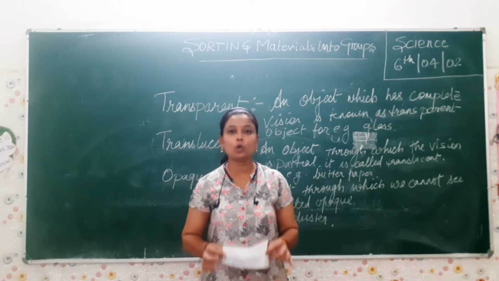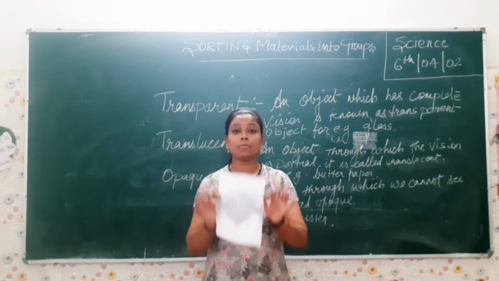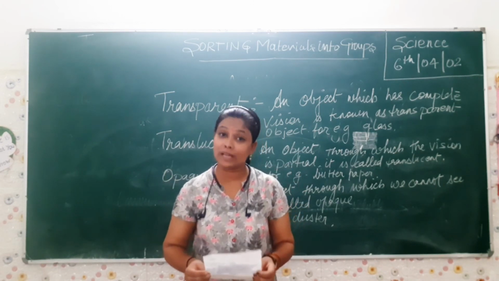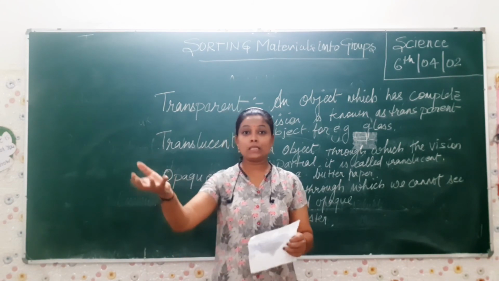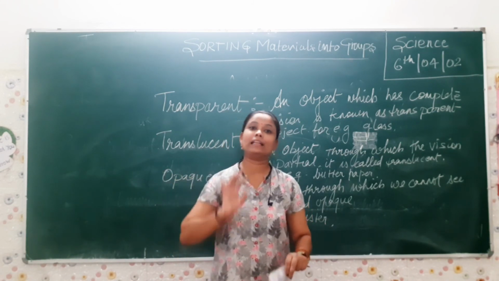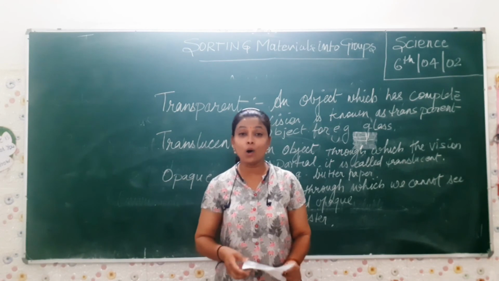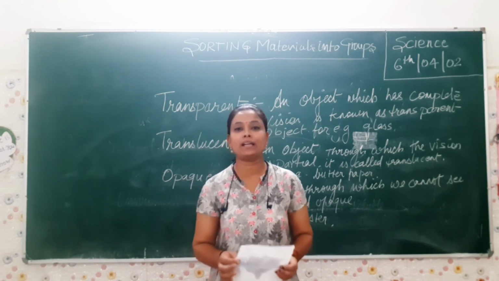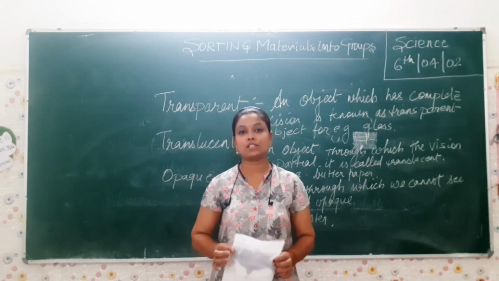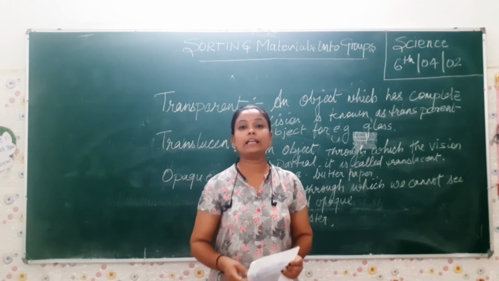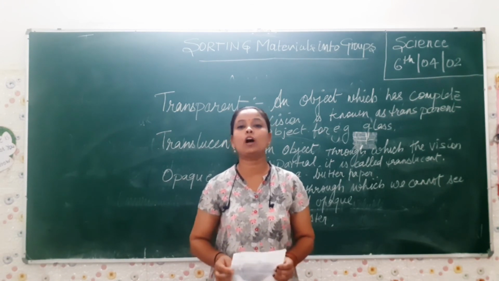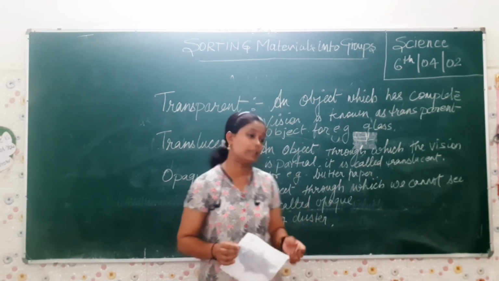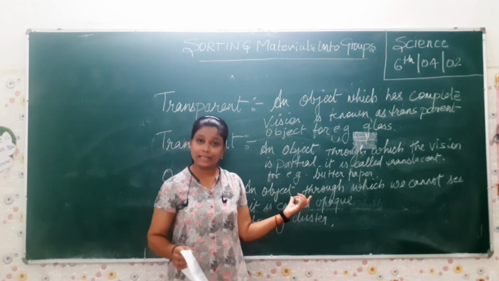So if you don't have butter paper, just do this, and don't take the oil without your parents' permission. Otherwise you might spill it all, and mummy will say, where is the oil? Don't do that. Instead, just ask your parents, as I have to do this just to understand. Kindly give a tablespoon of oil. That is enough to understand what exactly translucent is.